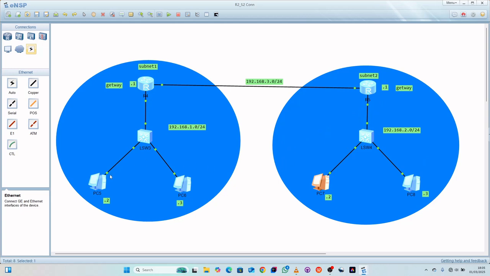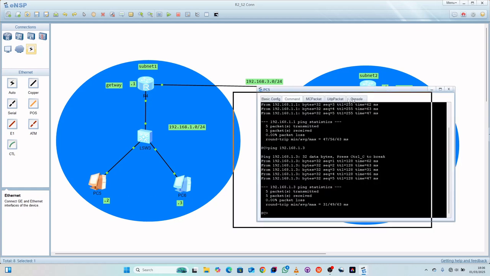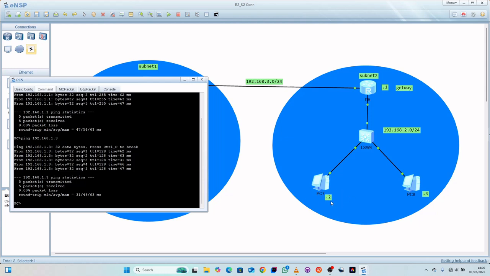So let's now try to ping a PC from this subnet to this other subnet, from our subnet 1. Let's try to communicate with this PC to see if we are able to communicate. So let's try to ping our PC7 from PC1 on subnet 1. Just write ping, then the IP address, which is